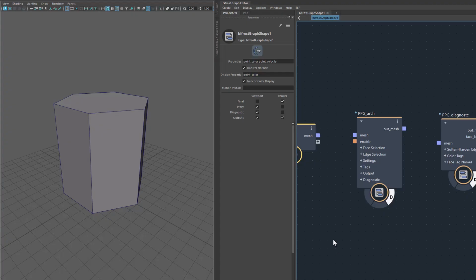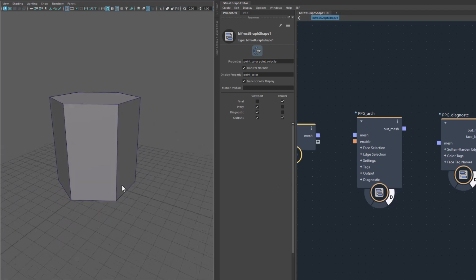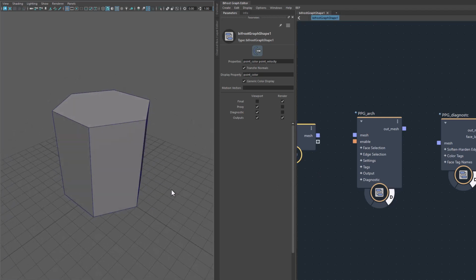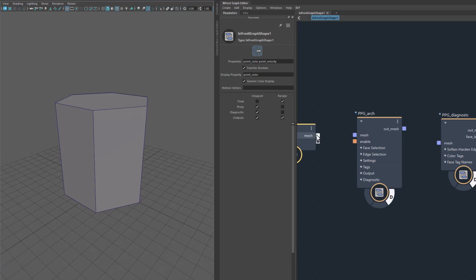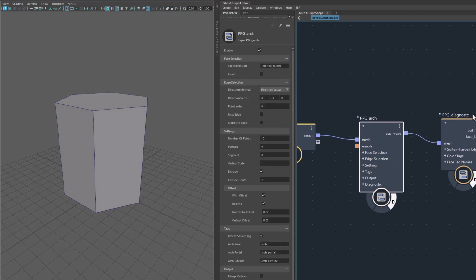This is a short tutorial about PPG Arch, a node in PPG version 2.0. PPG Arch is pretty simple to use. I'm starting from a six-sided cylinder here and simply connect PPG Arch in this row here, and it's going into a PPG diagnostic. And then I simply use a wildcard here, make all the faces